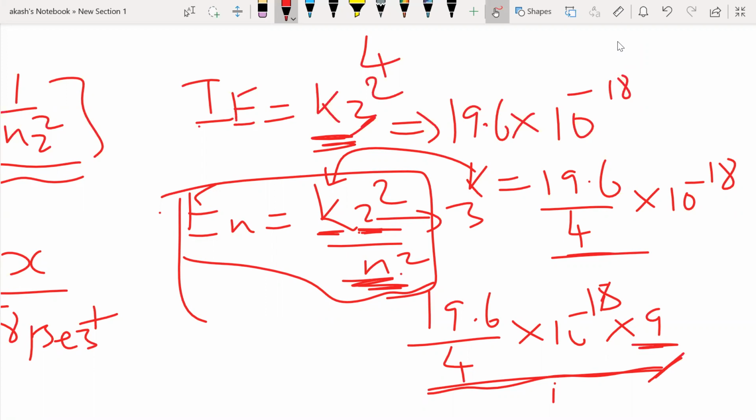So they have already given the kZ squared value, no, sir. So why are we substituting? No, you cannot use the kZ squared. The Z value will be different for helium and lithium, right? Oh, got it, sir. Z for helium is 2, Z for lithium is 3. That's why we're not directly using it. Okay? Yes, sir. Right.